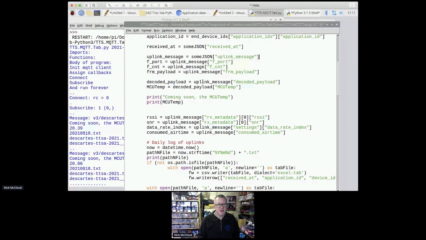So you need to pick up your decoded payload from out of the uplink message, choose one of your own fields, which will be unique to your own payload formatter, and then put some sort of print message. So if you want to go for that,